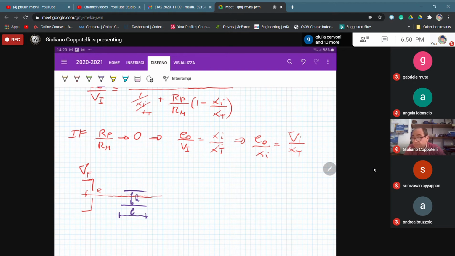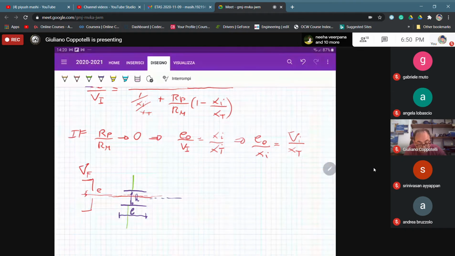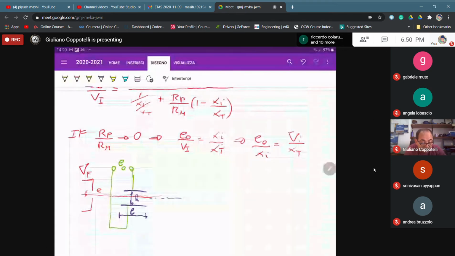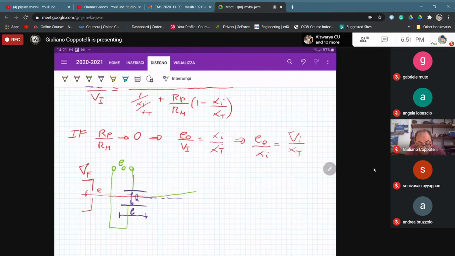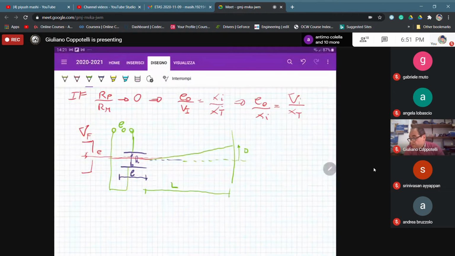Because of that, by your output E0, that is related to the displacement that we want to measure, your electron is shifted like this, and then it goes straight to your screen. What we can measure is this distance d when the screen is located at the distance L. I'll give you the relation. Your d